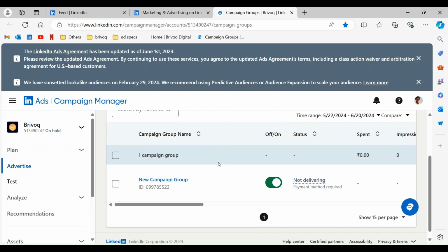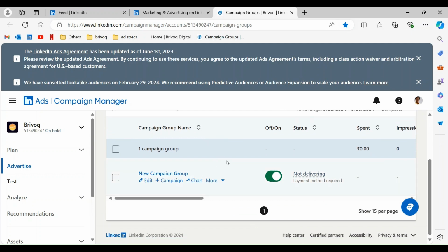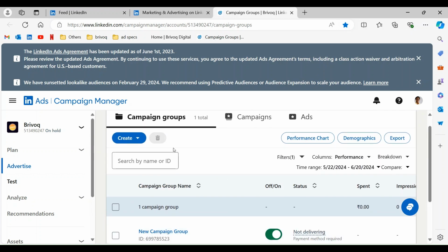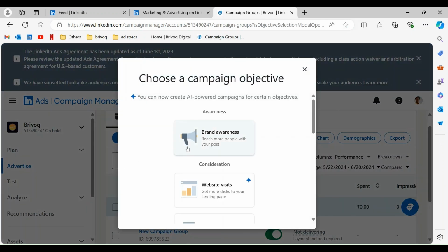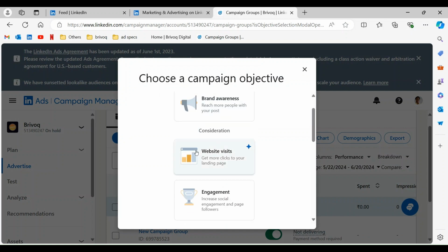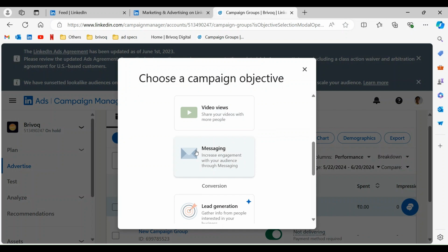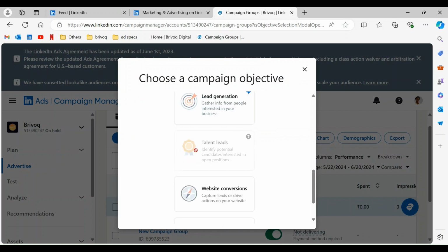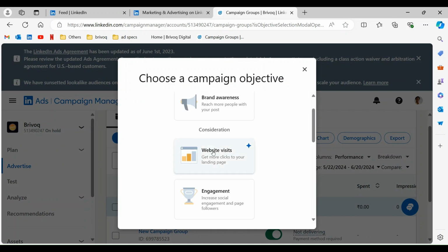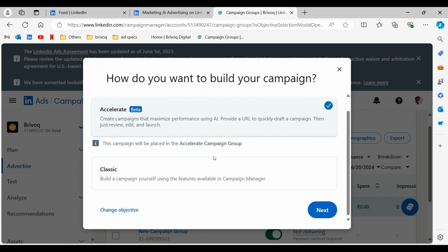Now here, my campaigns are being shown. Since I have not given payment details, my ads are not running. And then you can create a new ad here. You can click create and then click on campaign. And then you are asked, what is your objective? Brand awareness, website visit, engagement, video views, messaging, lead generation, all those things are there. So if I select website visit, then